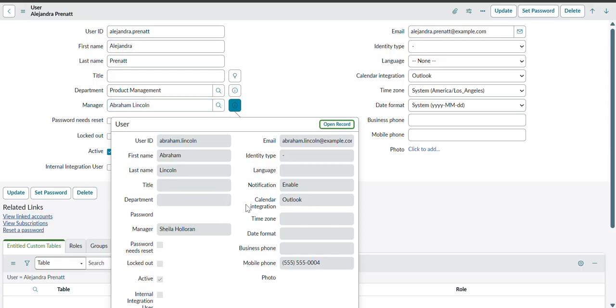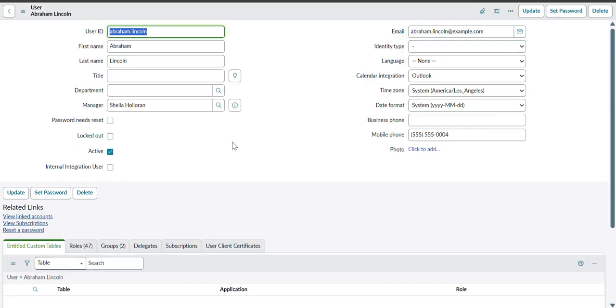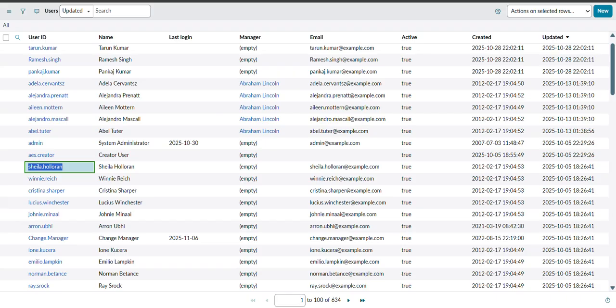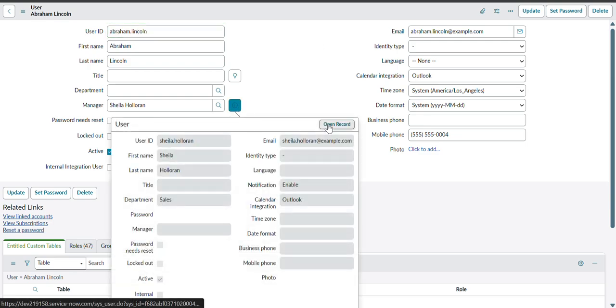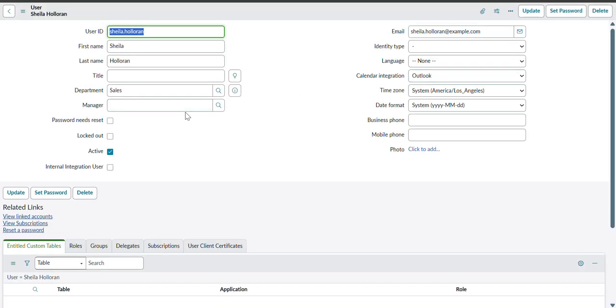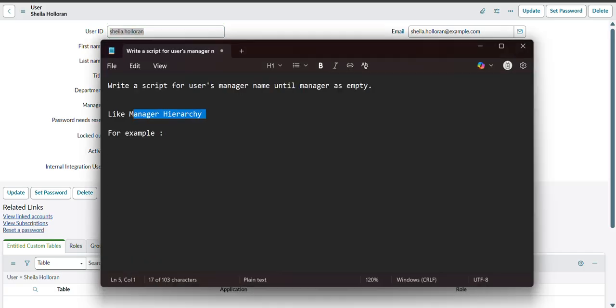So we have to open that user, and now here you can see, for this user I need to open that record. Click on that information icon, then click on open. Now here you can see we don't have any manager. So till this user we want the names. For example, I will copy that one. We want this,